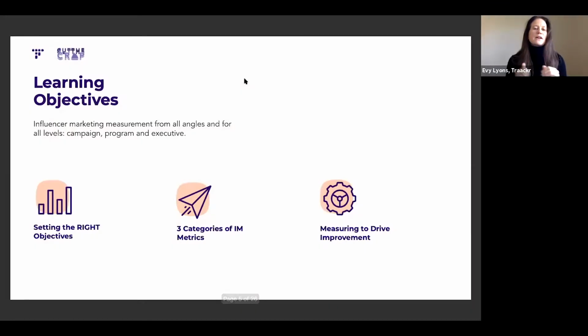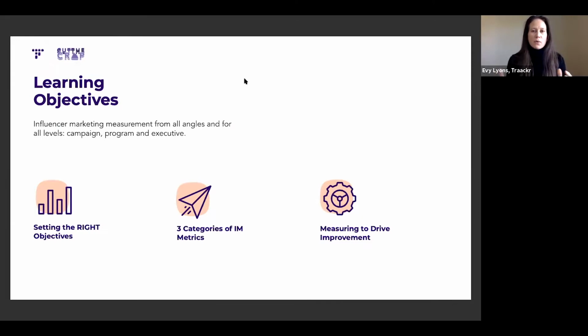So yeah, so here we are. We're here talking about influencer marketing measurement, and we intend to do this in a very no nonsense way. Some of the objectives that we really want to cover today include covering influencer marketing measurement from different angles. So there's the campaign angle, there's the program level, there's how do you talk about it in the context of executive reporting, and there's all of these different levels that you need to think about. They're all important, and they all deserve the right attention.